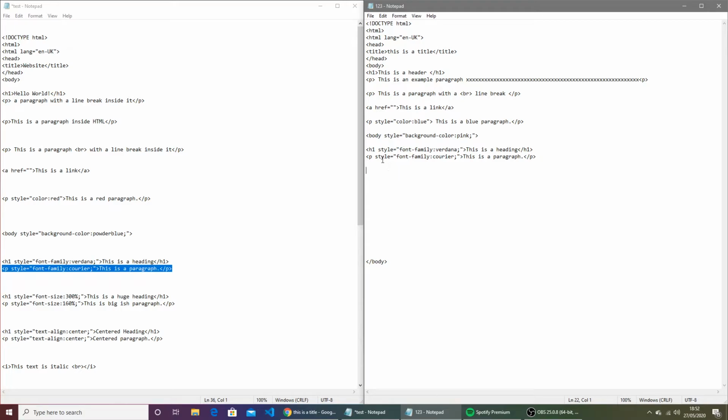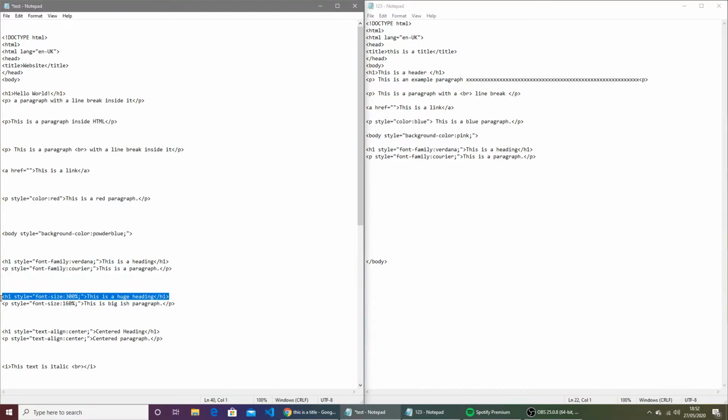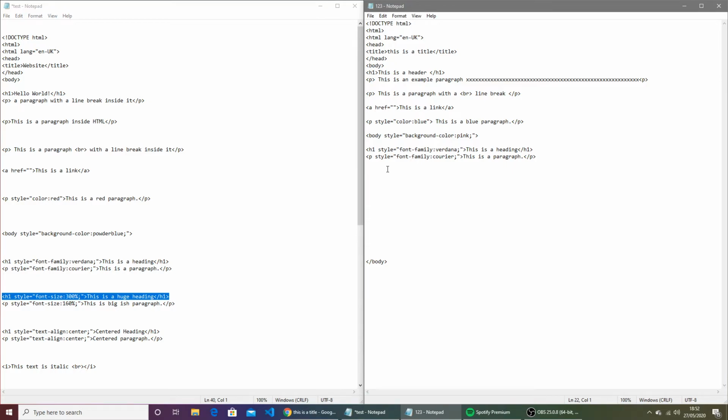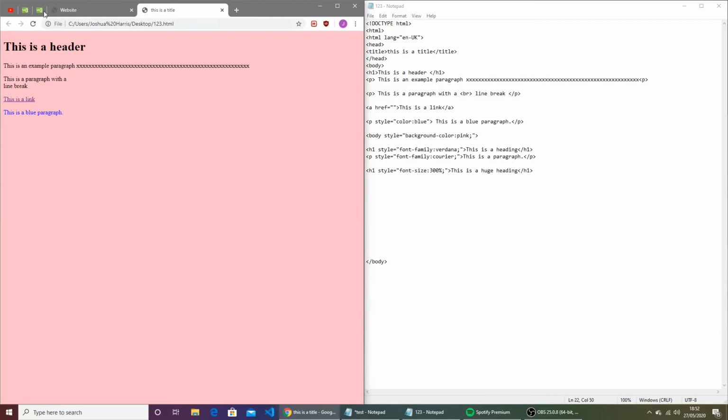Okay, next, if you want to differ the size of the text, or the font size, then it's just h1 style. So it always starts with the h1 style tag, and it's equals quotation mark font size colon 300% semicolon quotation end tag, and then I just put in there, this is a huge heading, and it ends with h1 slash h1. Now if we go back on there, after all the work we've done, as you can see,